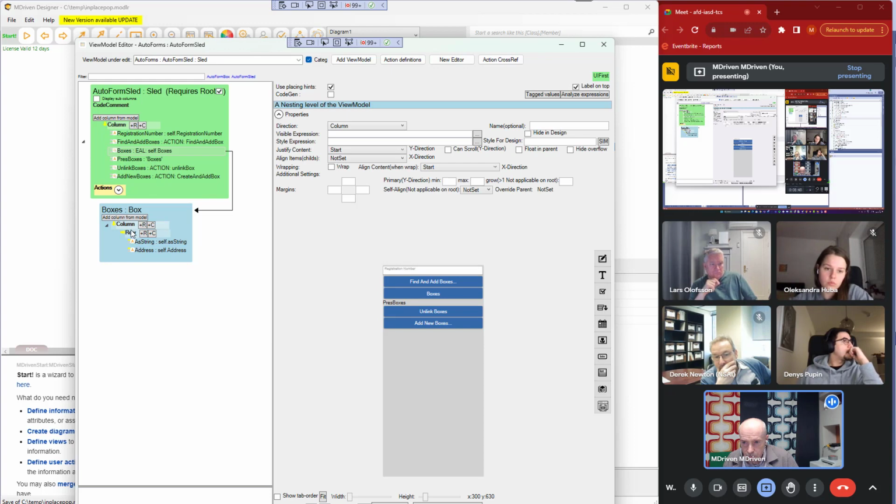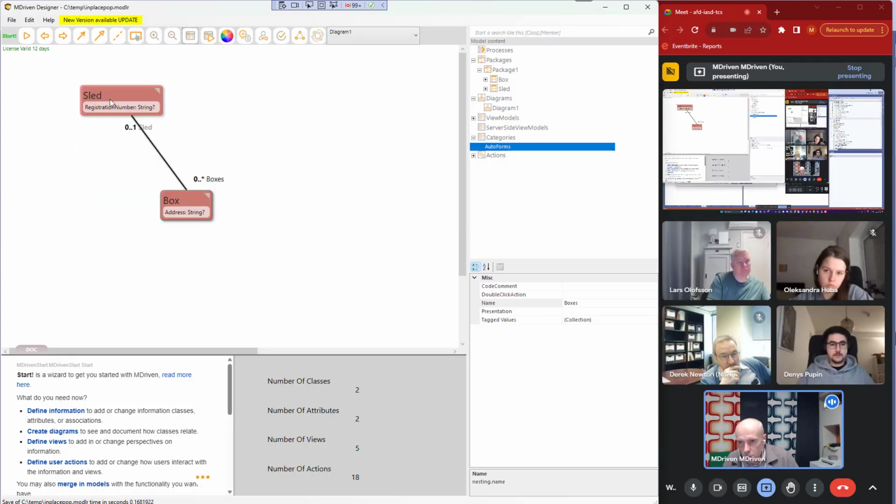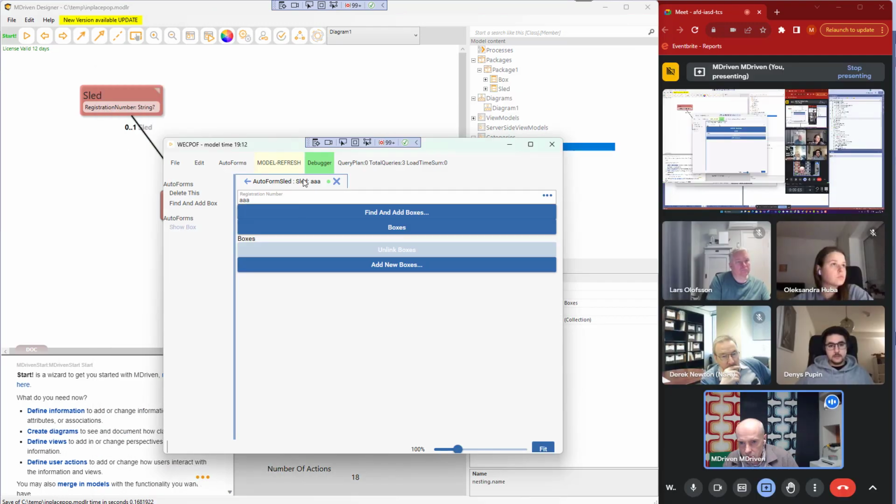I'm switching this to a placing container rendering, and then it should render all the columns of it, so instead of a data grid as per usual. And then it would behave like this,